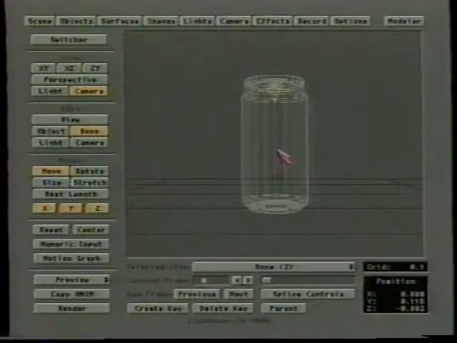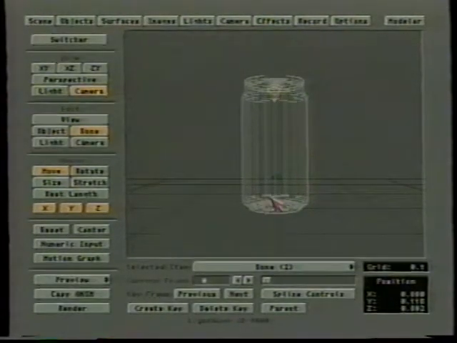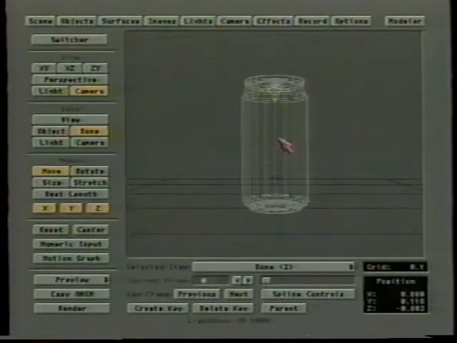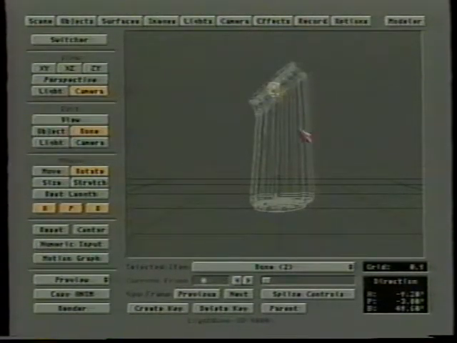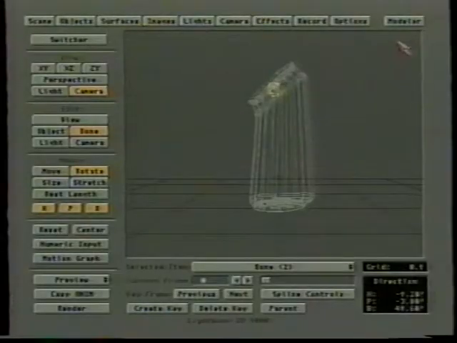But take a look at how many segments there are here. You'll notice that these strips along the side of the can are really just one polygon. Here's another one, here's another one. And that means if I were to take this bone and rotate it a little bit to try to bend the object, you'll notice that it's bending the top, but this middle part here, because it's only one polygon, can't really bend. And this is where Modeler will really help us. So let's enter Modeler and let's modify this can. So we'll go into Modeler,